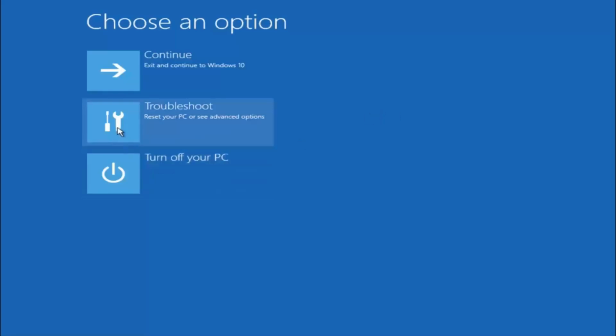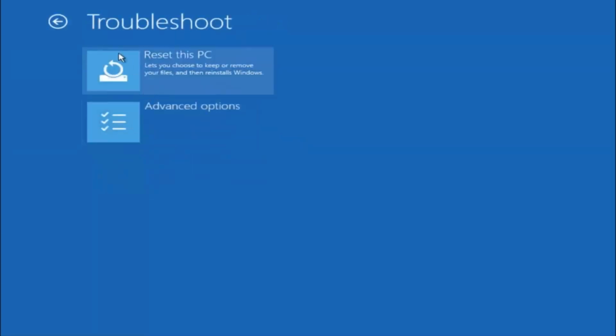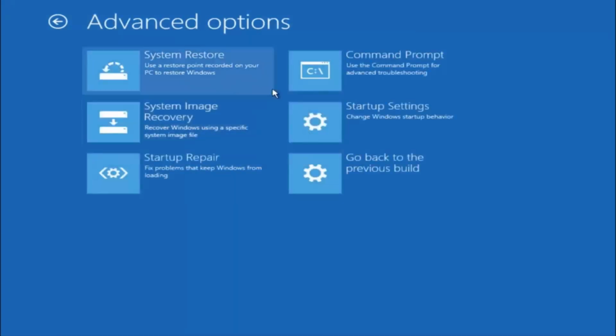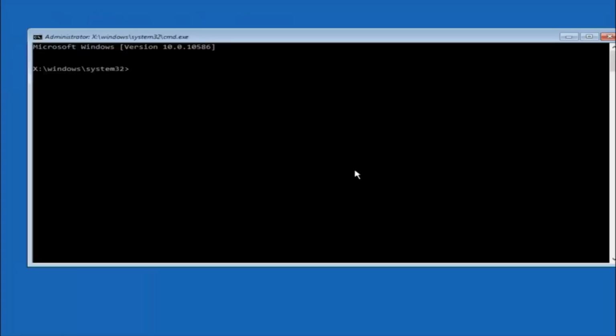Select troubleshoot underneath choose an option. Select advanced options. The top right tile should say command prompt, so you want to left click on that. Okay, so the first thing we should do is type our main hard drive here. In most cases it should be the C drive, so you just do C colon and then hit enter